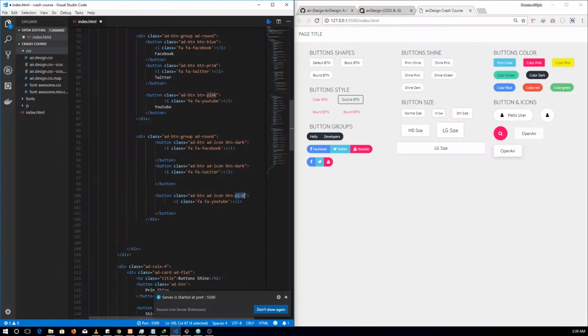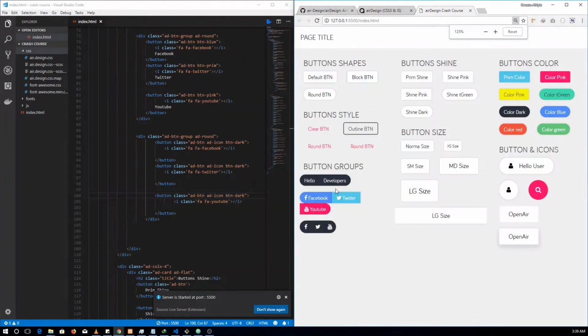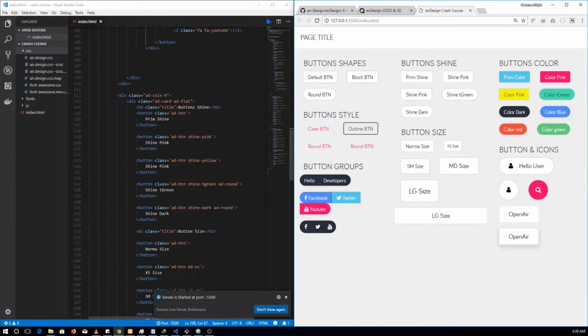Dark. Right, so let me just zoom in so they can see how it looks, and that's very nice. It looks like this is too big for the space here. It's okay. I think you get it. So that's a quick way of creating button groups here, right? And I think that would be enough for